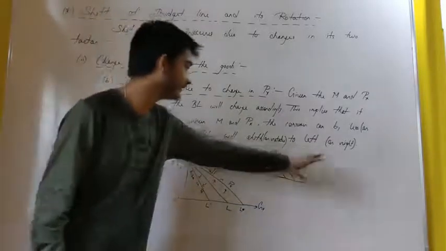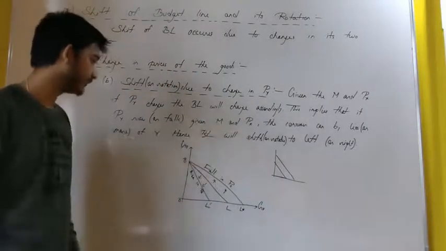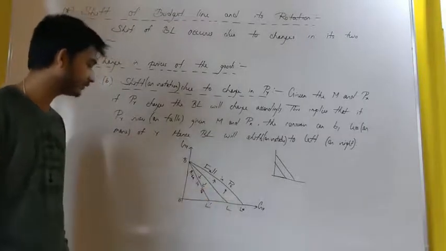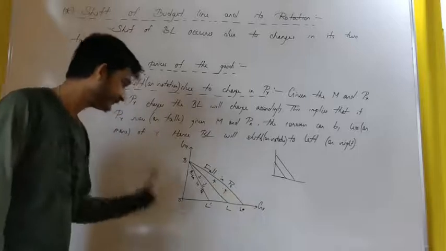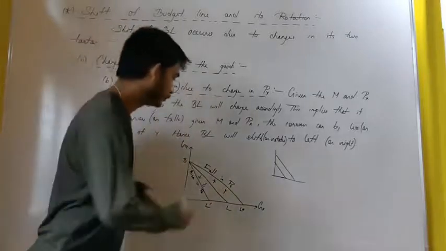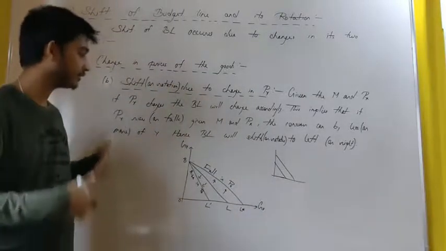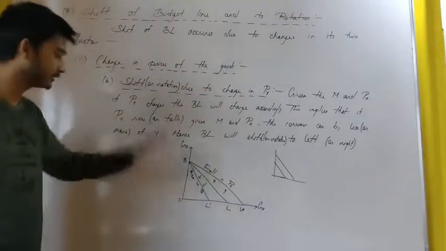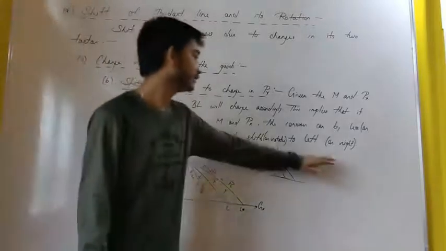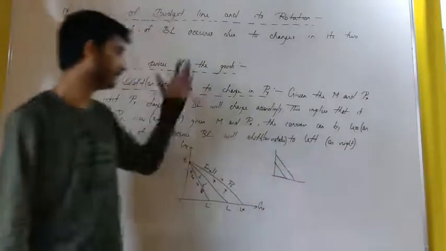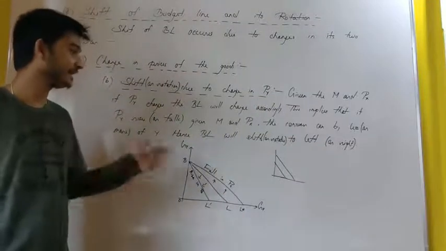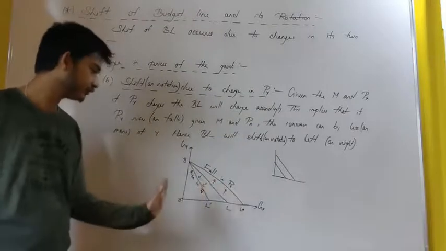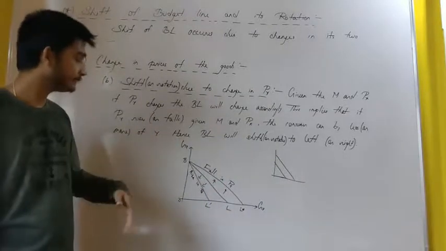Mistakenly I have written here rightwards, so that was my mistake, please pardon me. So when price of good X rises, budget line shifted leftwards, and when price of good X falls, budget line shifted rightwards. So it was actually rotation, no issues, just there was a mistake in this part, in which way it is rotating, left or right. When rise happens, it will shift leftwards. When fall happens, it will shift